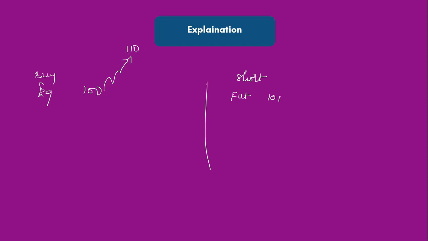Now we also know that on the day of expiry, future price and equity price are the same, because F is equal to S naught into e to the power of RT, where T becomes 0 on the day of expiry. So F is equal to S naught on the day of expiry. So future price is almost the same as spot price on the day of expiry. So future price will also be 110 on the day of expiry. That means in equity you are making 10 rupees profit, but in futures you are only losing 9 rupees. So net to net you are making this 1 rupee profit.